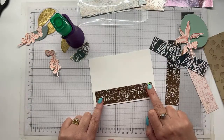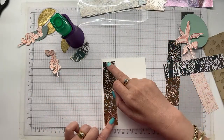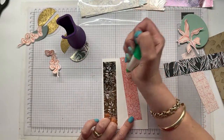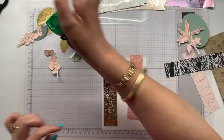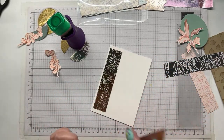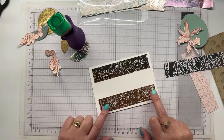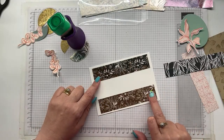And I say this all in theory. So got that one. It's not looking too bad. Put its pair on the other side. And I saw someone do something really, really cool. They put a piece of paper just along the edge, so then you can get a straight edge. But do you know what? We're not that precise. So we are going to completely eyeball it and hope we've got this